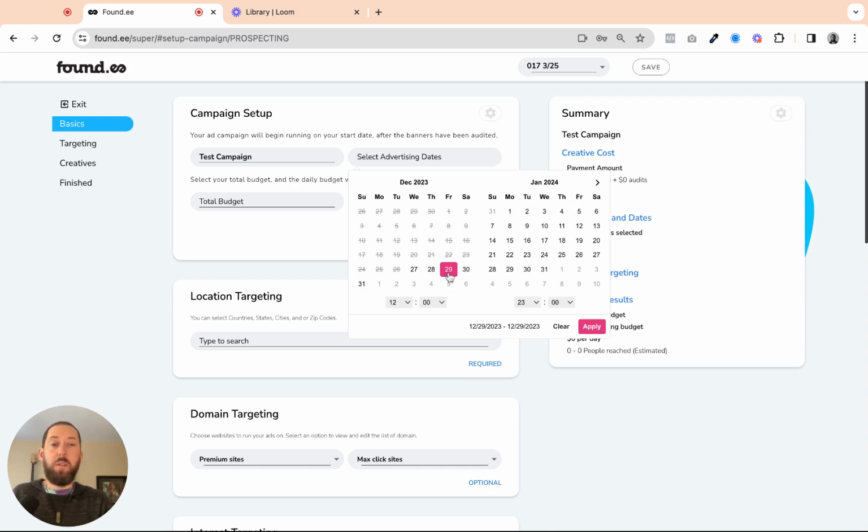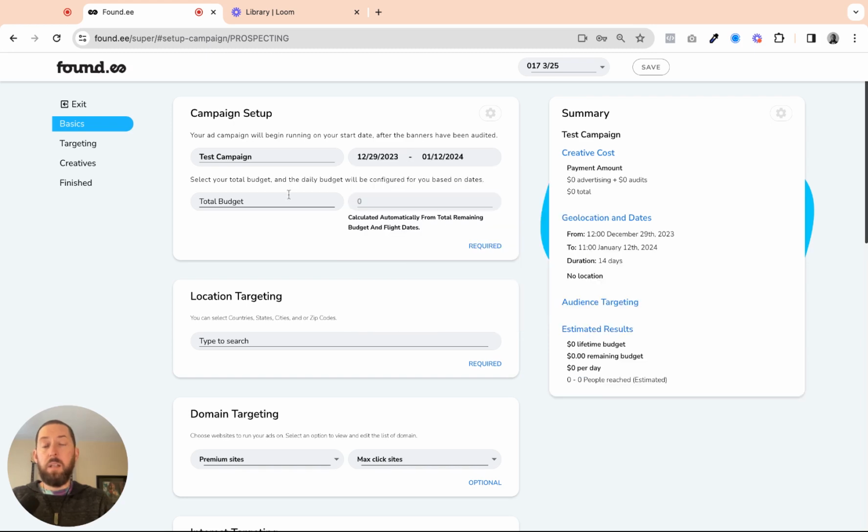Let's say it's going to start on the 29th. Let's just say for this example, we're going to run it through the 12th. So it'll be a 2-week time span here. With budget, there is no minimum spend. You can literally run a campaign for $25, but you can run it up to $25,000 if you want